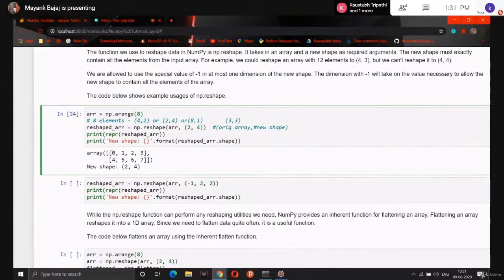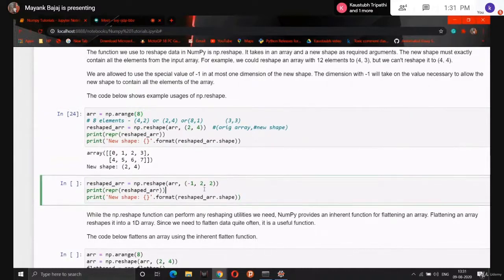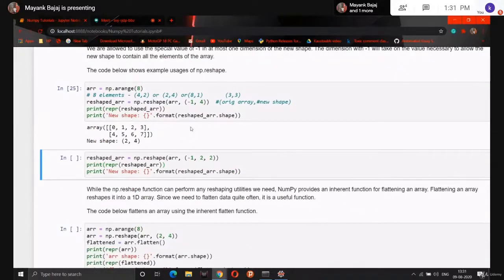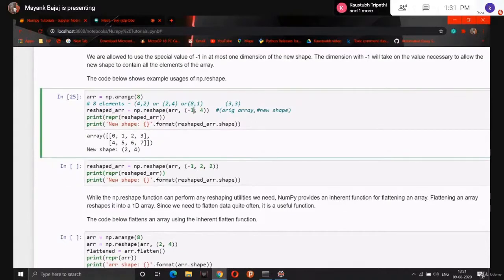and after resizing, our array is two rows and 4 columns, and here is the new shape of our array. I hope you have got the basic understanding of how we can reshape our array. We have one special value for reshaping, that is -1. We can use -1 when we don't know what the shape of our array will be. Let's try one thing. You can see I have written -1 instead of 2 here.